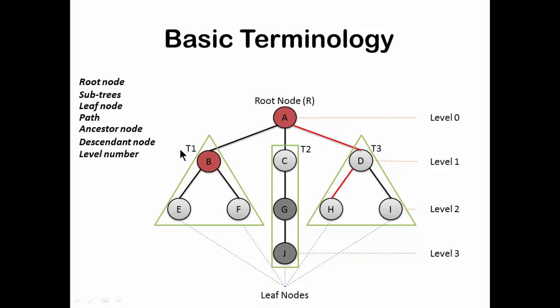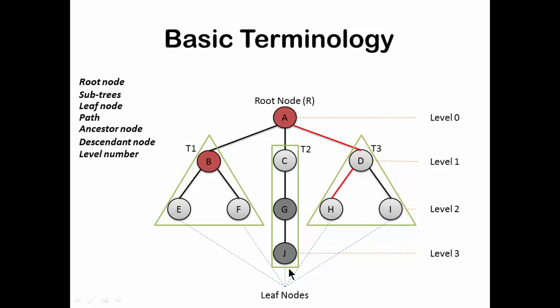Now level and height or depth are two different things. Here level represents what all nodes are there in a particular level, which starts from level 0. Root is always at level 0. But if I am asking you the height, height will be level plus 1. So height of this tree is 3 plus 1, that is 4. That means this is height 1, here it is height 2, height 3, height 4. Height can also be called depth. Some books refer to height as depth and some books refer to it as height.